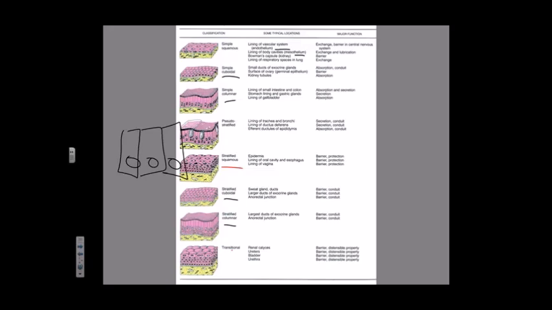Okay? So stratified squamous, the lining of your mouth, the lining of your esophagus, and the lining of your vagina,